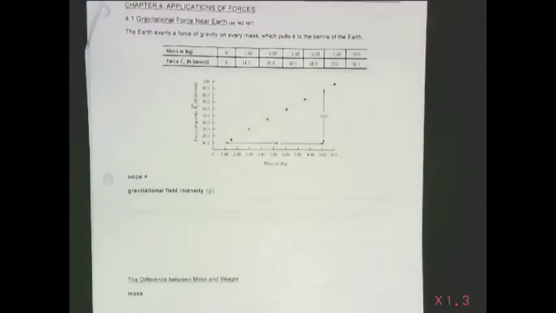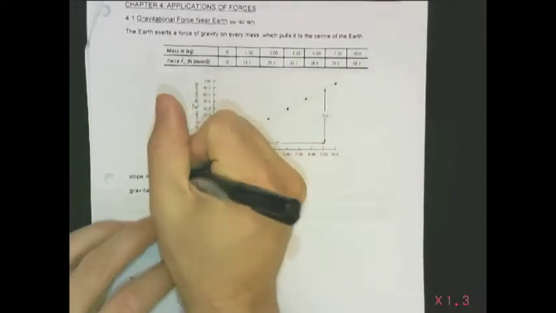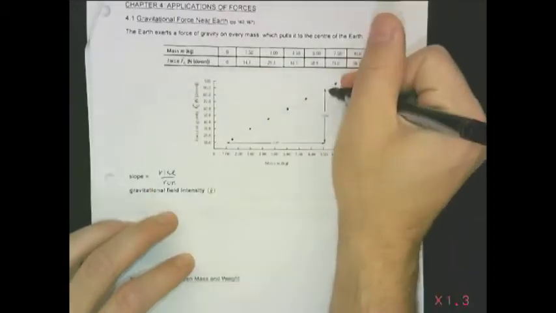They found that the larger the mass, the larger the force of gravity. It was kind of expected. They said, what else can we do with this information? Well, how about we take the slope of this graph? It was a straight line, linear relationship. The next logical step for a scientist is to find the slope of a straight line. They determined that the slope, which is equal to rise over run, from this graph